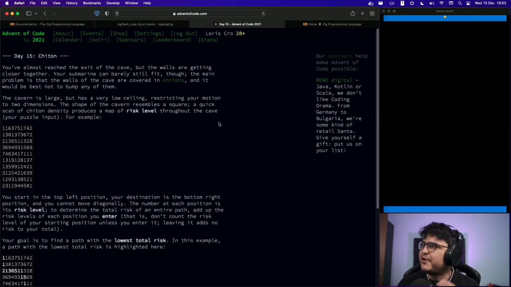Welcome to the stream. So, the cavern is large, but it has a very low ceiling, restricting your motion to 2 dimensions. Convenient, very convenient. The shape of the cavern resembles a square, and a quick scan of ketone density produces a map of risk level throughout the cave, your puzzle input. For example,